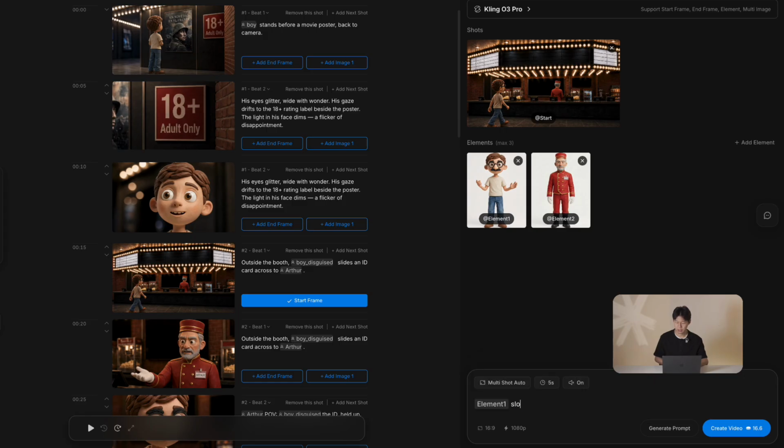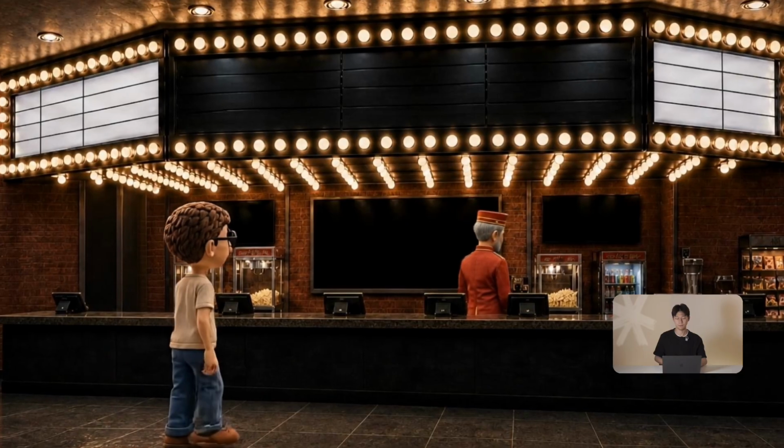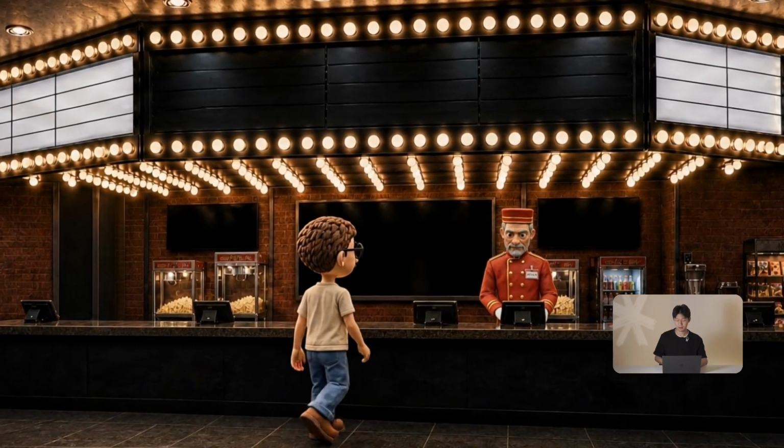The boy slowly walks up to the counter and element 2 turns around to look at him. Very slow pushing. I set the time to 5 seconds and I want to use Kling for this one. Hit create. And there's my scene. You can see author stays constant. So that's a really easy way to make a simple one shot.